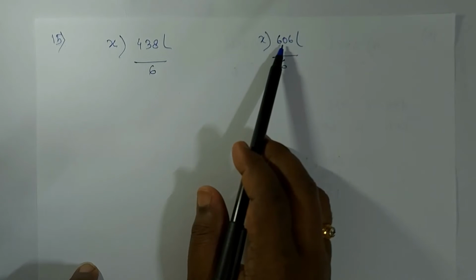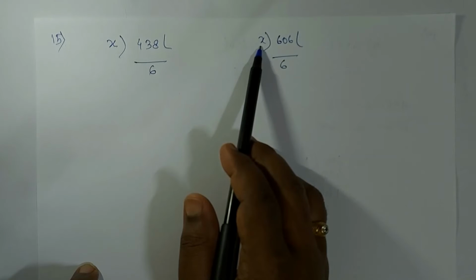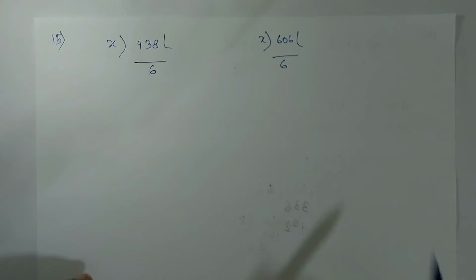Now understood this: if I subtract the remainder from the dividend, in both cases the numbers we get are completely divisible by the required number. Now the required number is the largest such number. How can we find the largest number? By doing the HCF, isn't it? Simply we will do the HCF and we will get it.